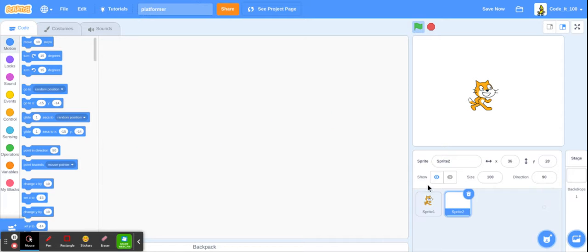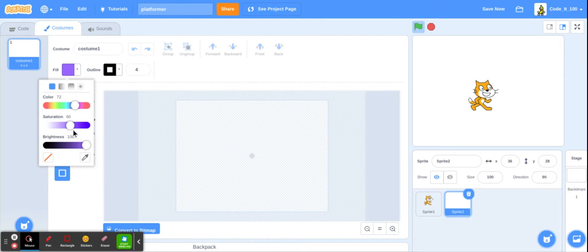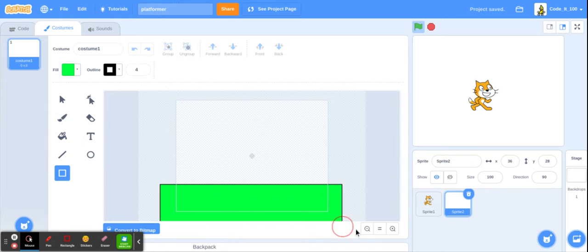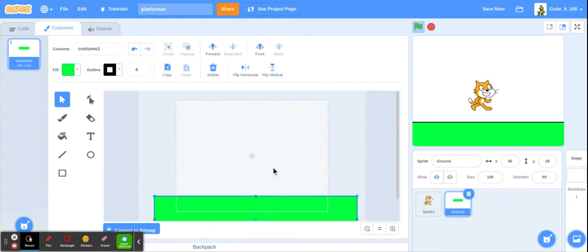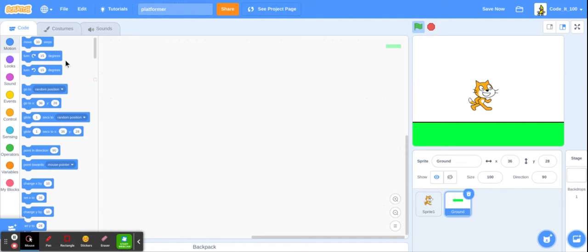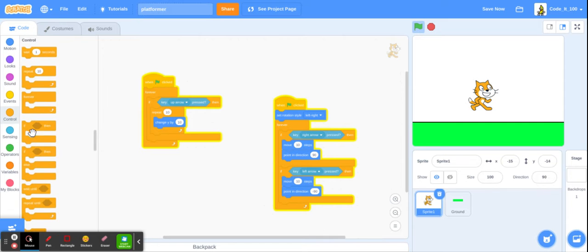All right, next we have to paint the sprite. Here we go. Let's make it green, and we'll name it ground. Here we go. Okay, and let's put this down here. Okay, so that is the ground, and here, sprite, we will put an if,